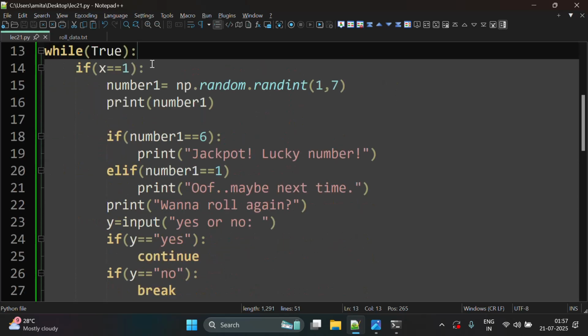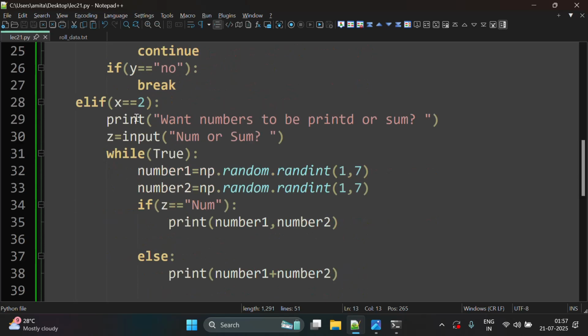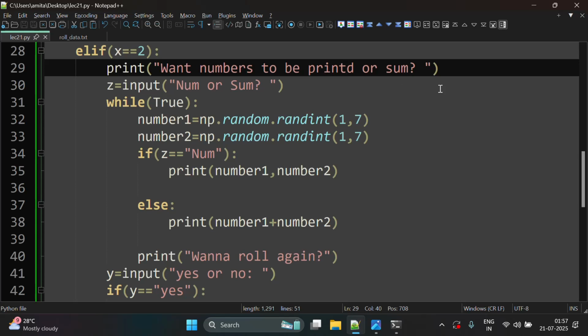Okay. Then if the user selects 1, that is to roll 1 dice, then a number will be generated from 1 to 6 and it will be printed. And here are some messages for number 1 and 6. Then we ask the user if he wants to roll again, and according to his response, it will be continued or break. If he selects 2, it means he wants 2 dice to be rolled. Then we will ask if he wants the number to be printed or he wants the sum to be printed. According to it, we can ask num or sum, or we can even write n or s. And then